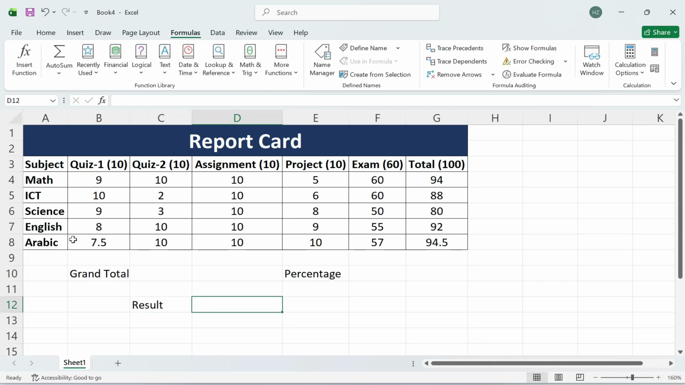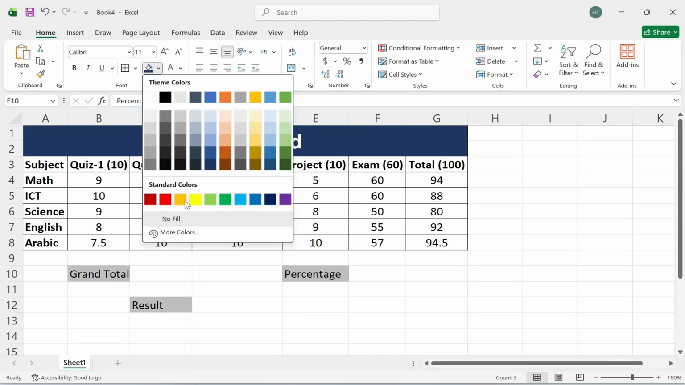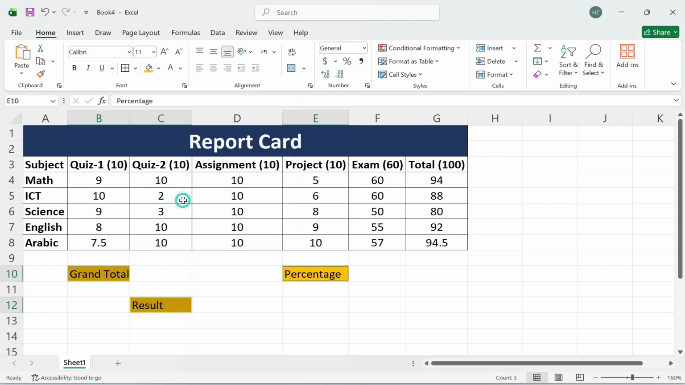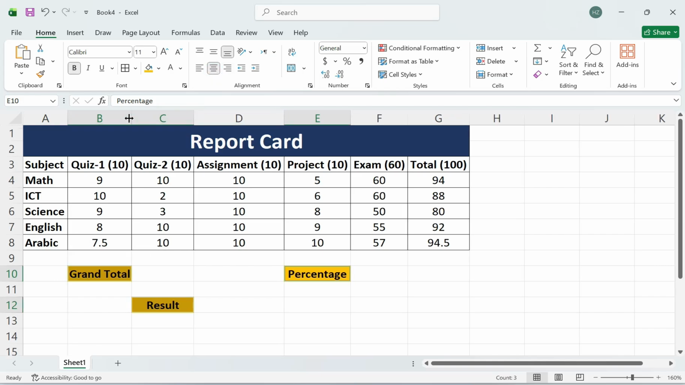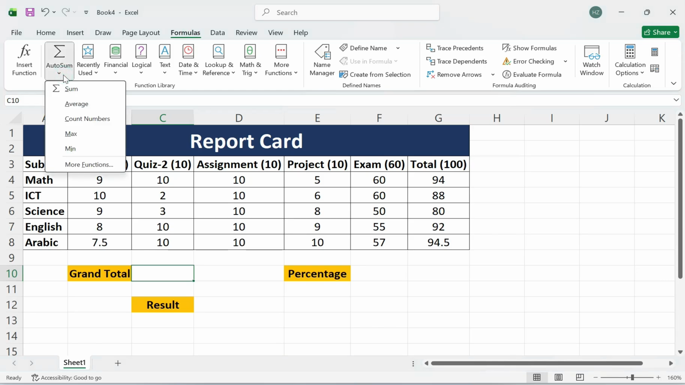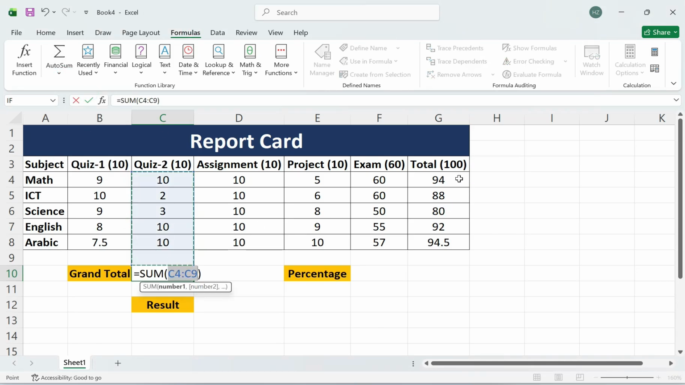Fine. Let me shade it. I want to shade them all. Fill color. Let's make it anything. Okay. Bold, center. Fine. Now this grand total, we are going to bring the total of all the marks. So same thing we are going to do. We'll click on formulas, auto sum, but not for the quizzes, for the total from G4 to G8, and press